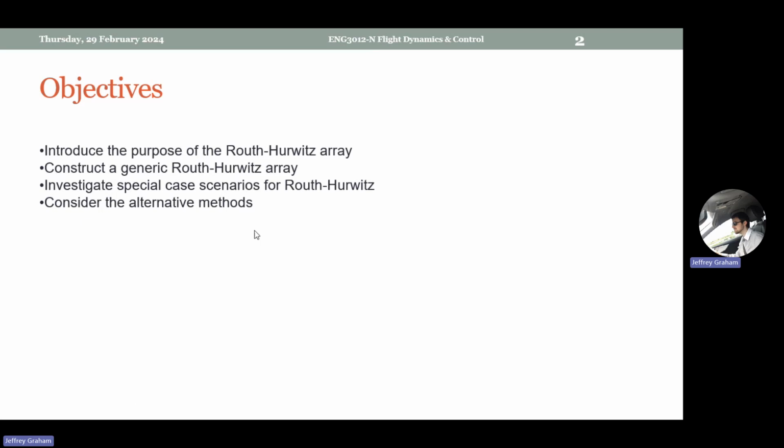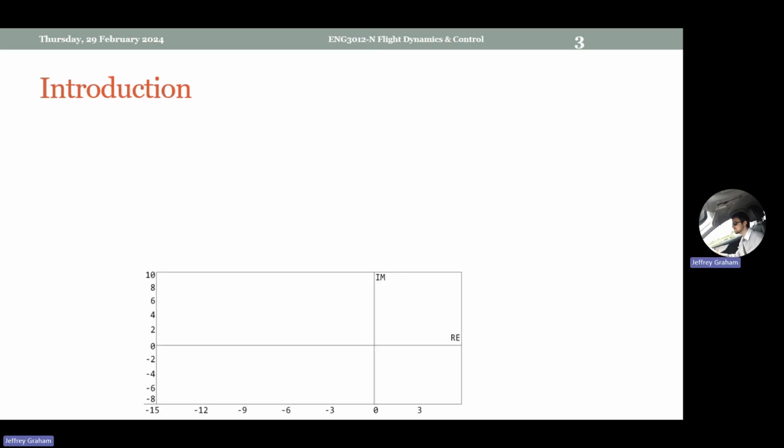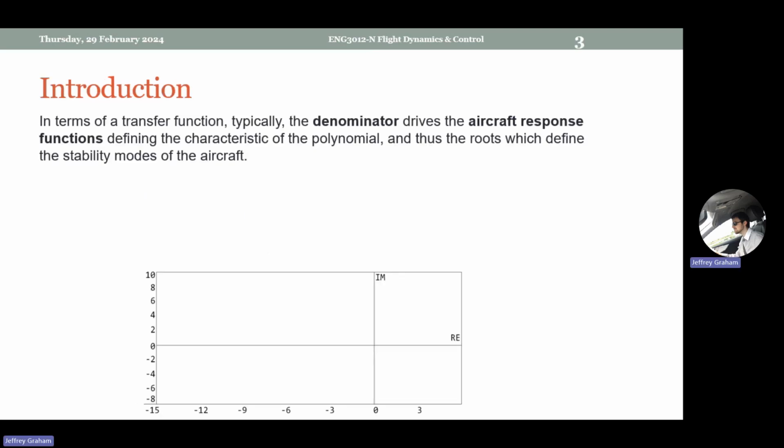Right. In this particular one, there's three distinct criteria to look at. There's a general scenario. There's a couple of special case scenarios where you may need to do something alternative when you do these calculations. Right. Starting off with the basic concept here. So it's still linking transfer functions and outputs, closed loop, open loop responses, etc. So in this particular instance,